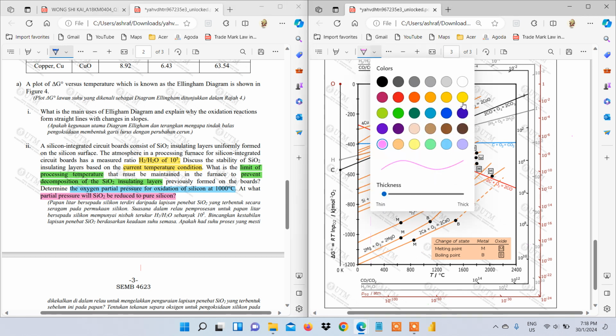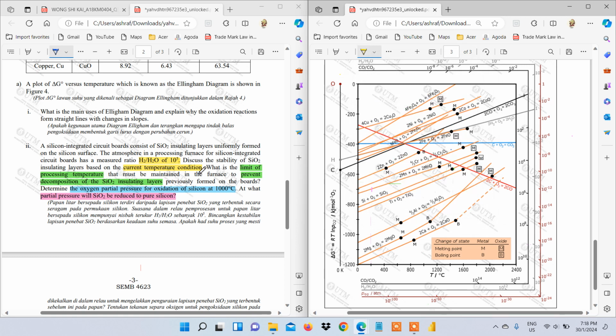Right, for the Ellingham diagram, this question, we start first by reading it. This part highlighted in yellow color gives a ratio of hydrogen to H2O of 10 to the power of 5. From here, we need to see the hydrogen part,